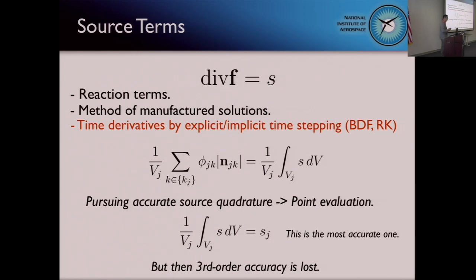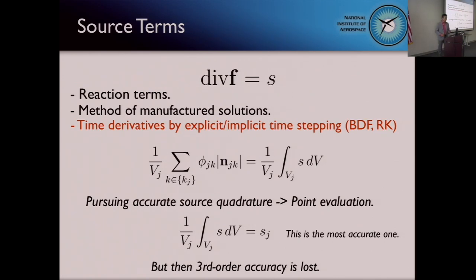But if you only consider source term discretization, what would be the best scheme for this source term integration? That would be this point evaluation. Like I said at the beginning, this term approximates divergence f. So this should approximate simply S. And because this is a nodal scheme, at the node you have the value. So this is the best approximation. This is actually exact. If you expand this in Taylor series, you get nothing. You get only this term. So this is exact. But then, you completely lose third order accuracy. So something is missing here.